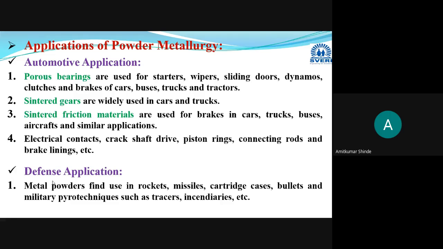That can be manufactured with the help of this powder metallurgy technique. Then different military pyrotechnics are there, like the tracers, which trace the locations. For that, the particular powder will be used for the pyrotechnic method, and that can be manufactured with the help of this powder metallurgy technique. In short, you can say that the different devices or components, like rockets, missiles, cartridge cases or bullets, require certain metal powder, and that metal powder is manufactured with the help of this powder metallurgy